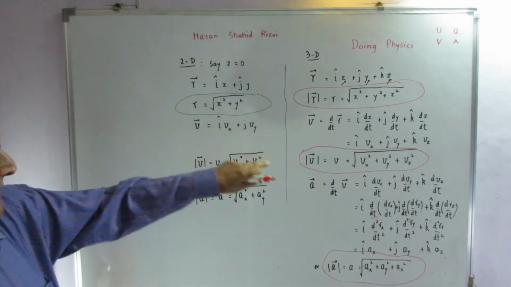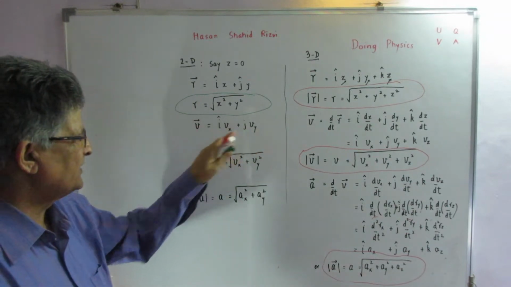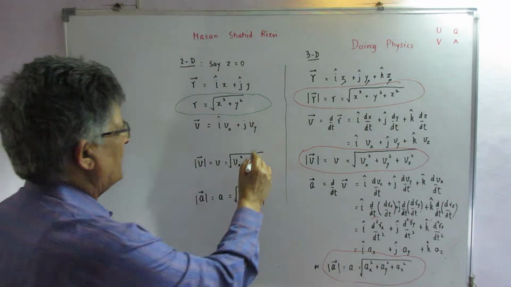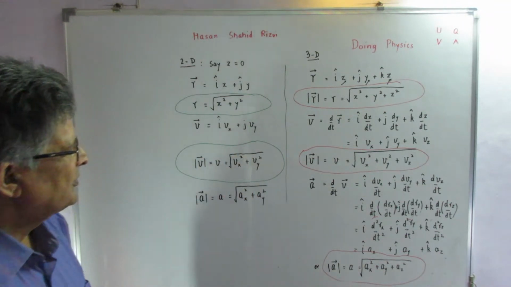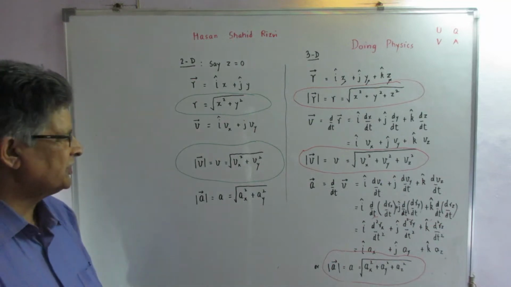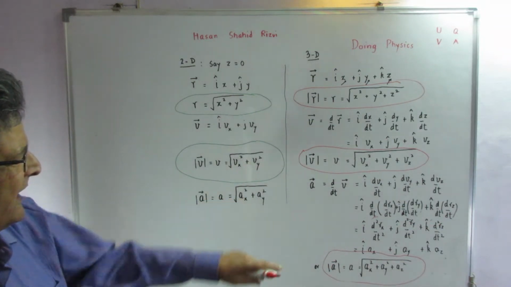And similarly, here I can write it like this, wherein I will obtain the second equation for the velocity, the magnitude of the velocity v as equal to vx square plus vy square,